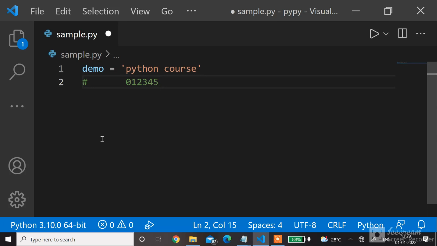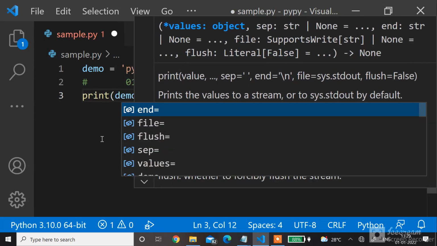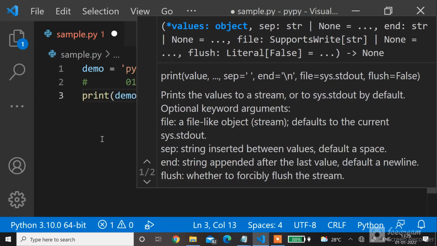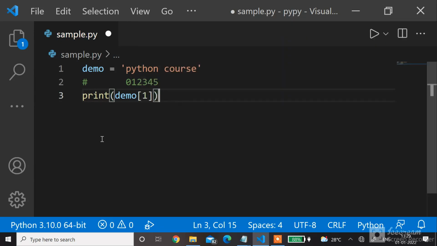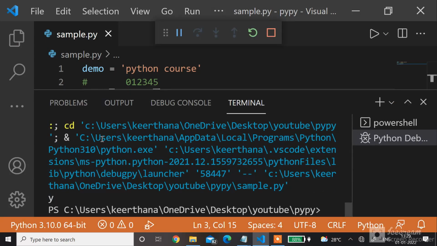When you want to print Y from the string, then print of demo open square bracket. Here Y is indexed with 1, so 1, close the square bracket. Now run the file to see the output as Y.